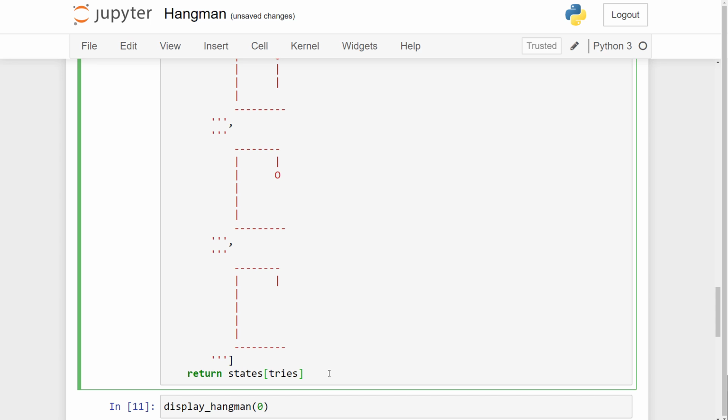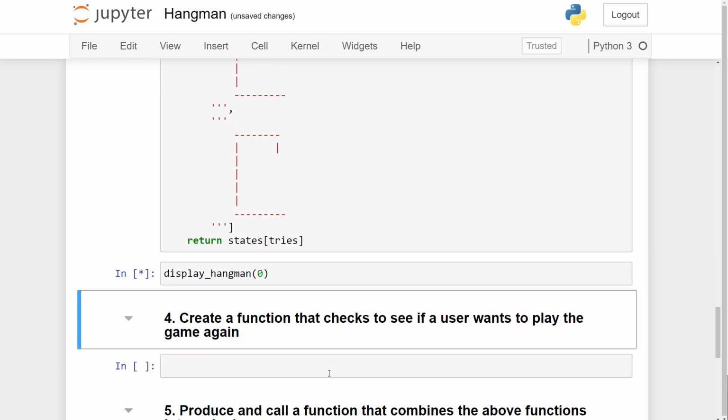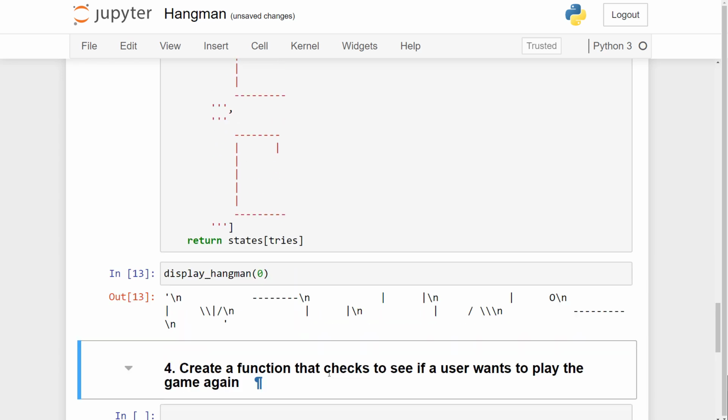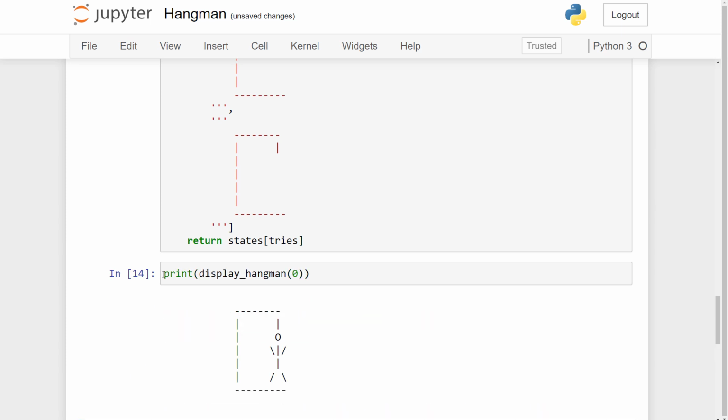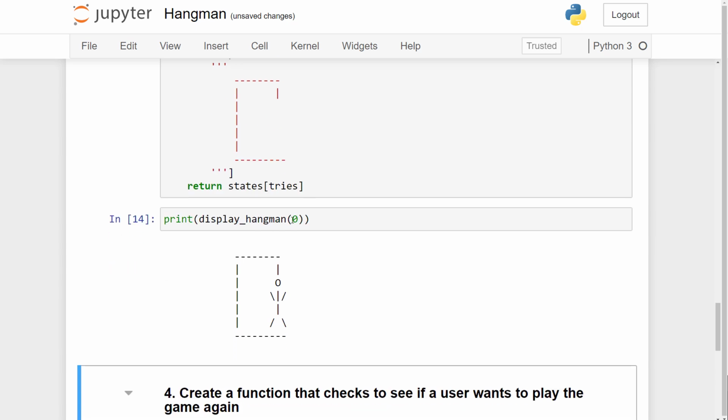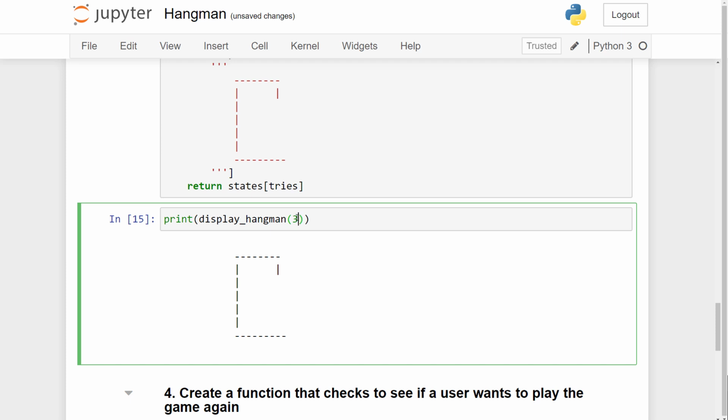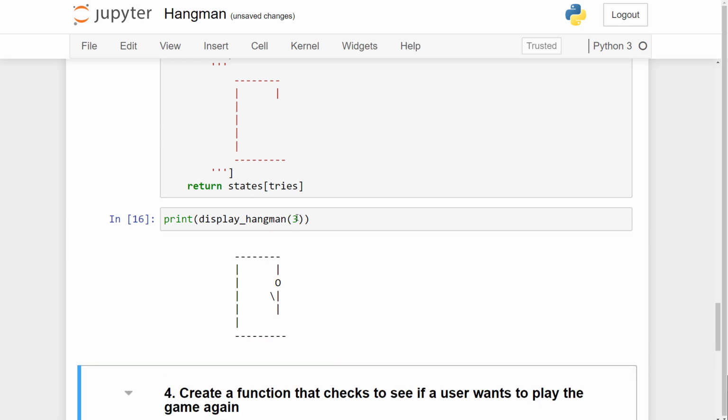Let's quickly check to see what I've created. If I display the final image of the hangman, we get something like, whoops, we do actually need to print the function, so we need to precede this with the print function. When I do this, great, I get a little image of a complete hangman. The starting image will look something like this. Great, so there's no man being hanged at the start. And if I look at midway through, let's suppose that the user has 3 tries remaining, we get an image that looks something like this. Great, so we actually get a little image here that looks like a hangman and has been quite fun to